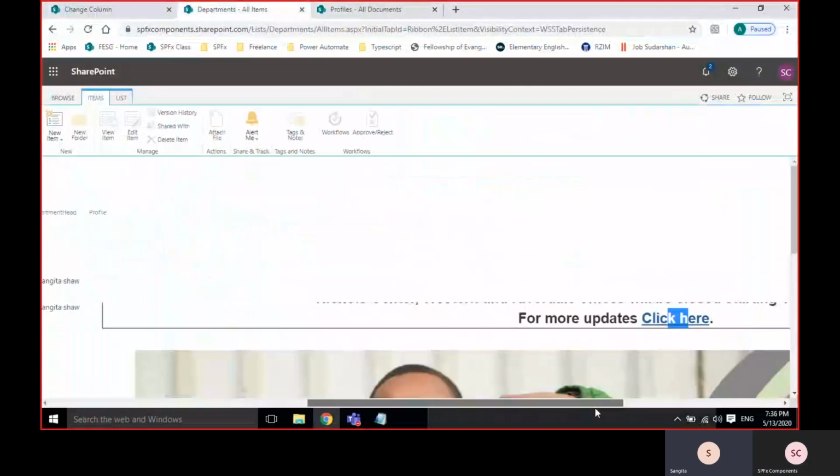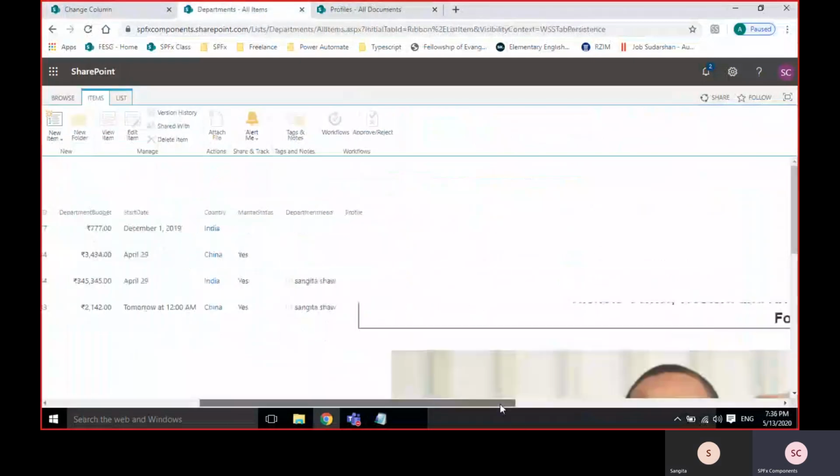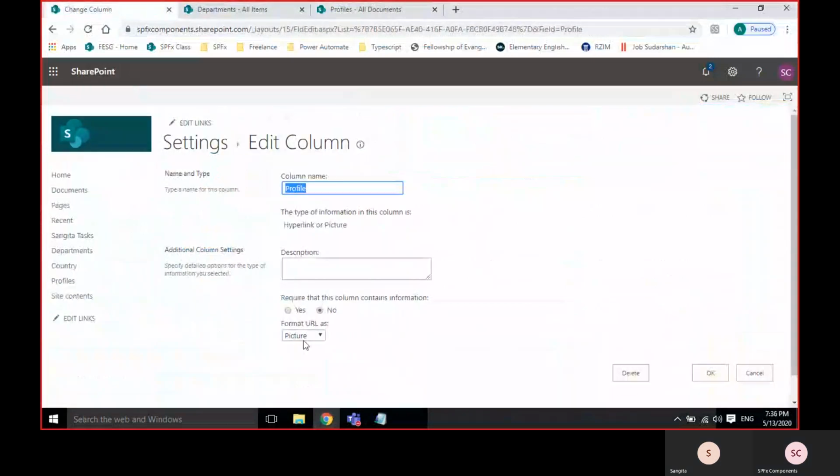There is no concept of sizing available; we have to customize if required. Generally, companies give a simple profile picture, or they provide the link like this.